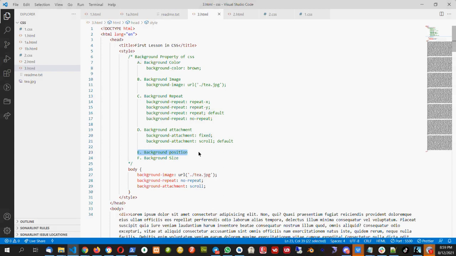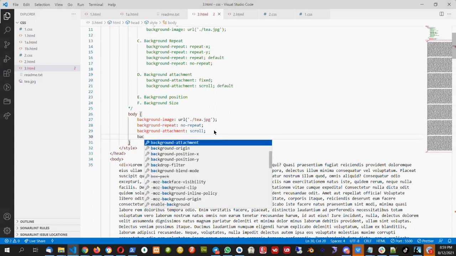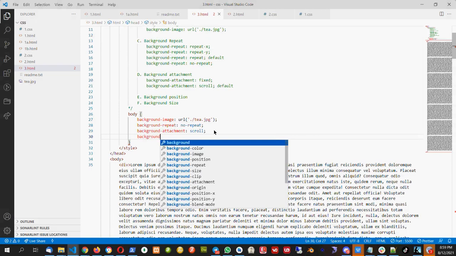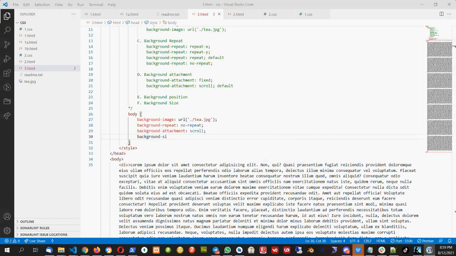So now, background position we will see on Monday. I will just show background size now. So let's do the background size. Okay, let's do the background size. Size, sorry, it's size. Okay, now the size